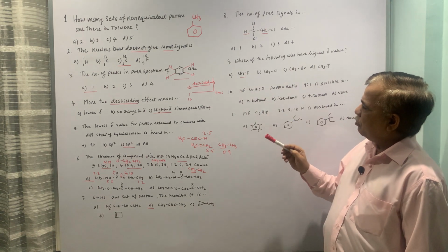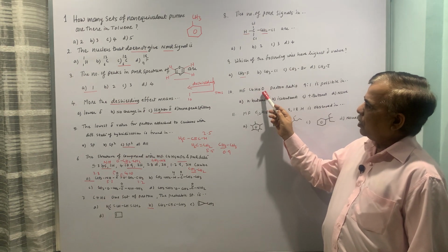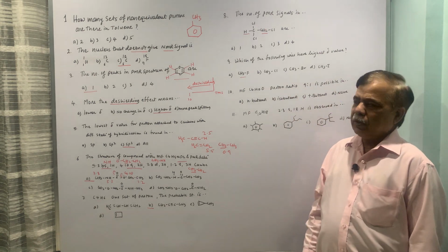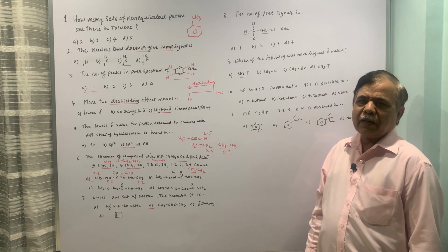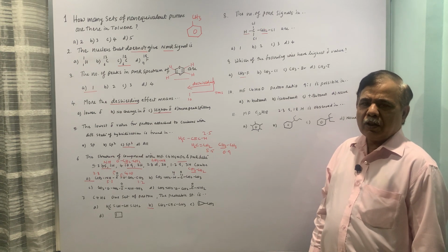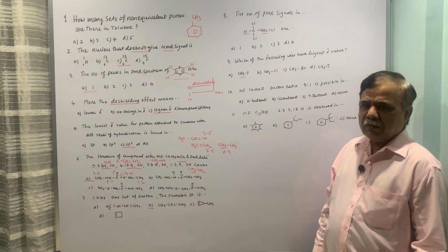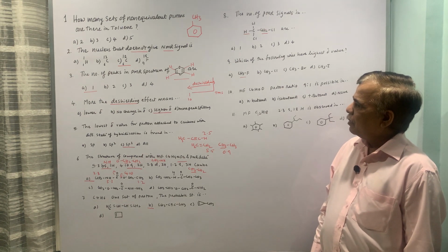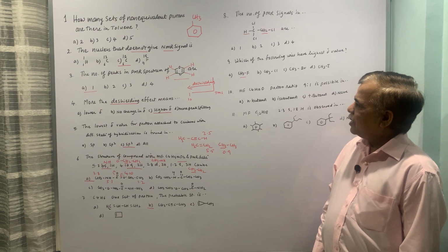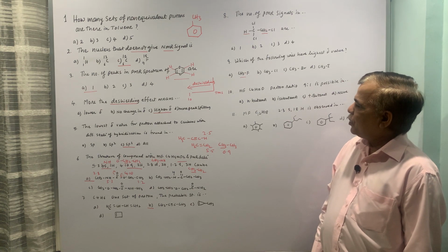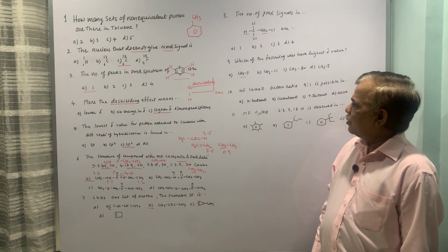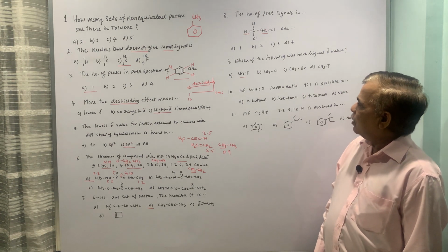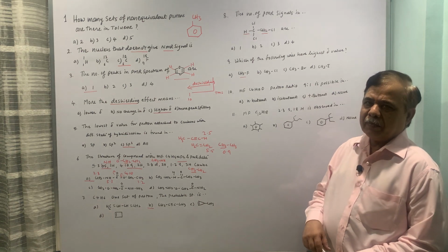C4H10O: a proton ratio of 9:1 is possible in which compound? Now, C4H10O is a saturated compound, it will be an alcohol or ether, whatever you can think of. From the given options, n-butanol, isobutanol, tertiary butanol, the proton ratio 9:1 is possible in